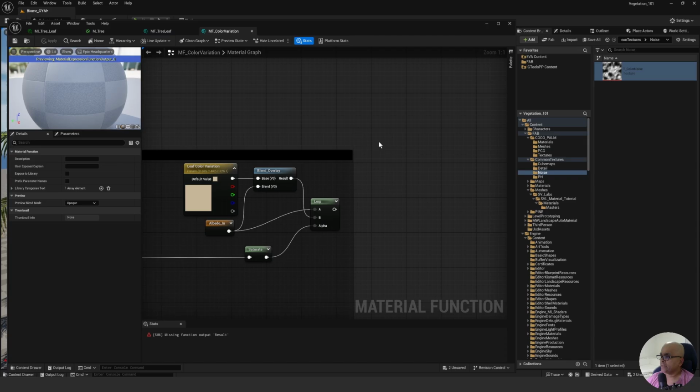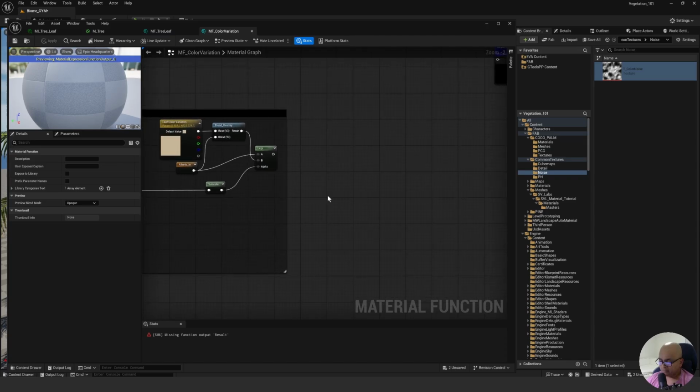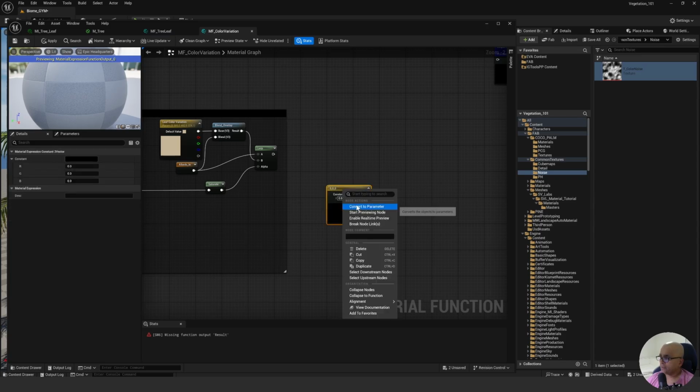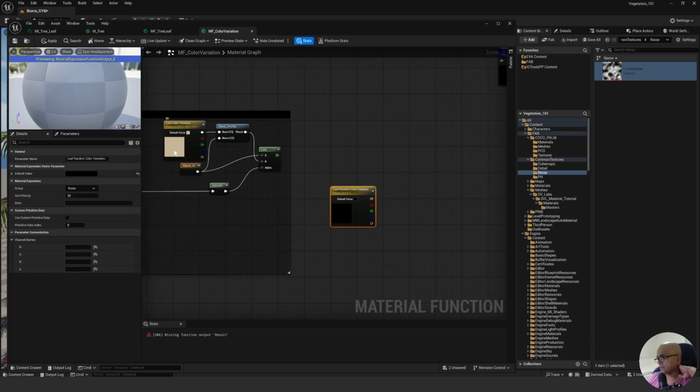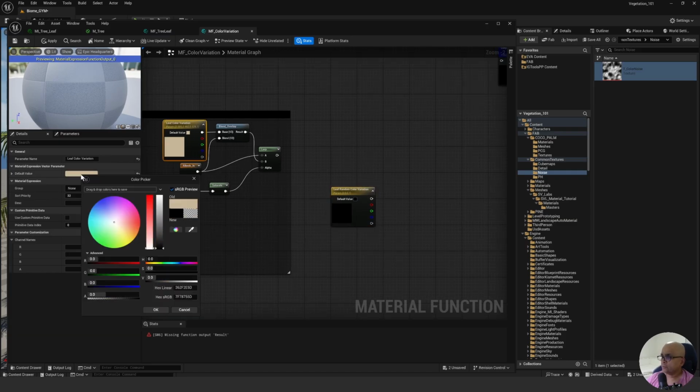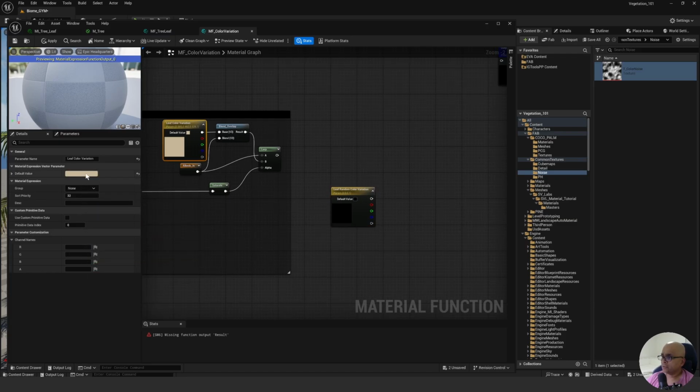For that we need to use another constant 3 vector. So Constant3Vector, left click and convert to parameter. So this one is leaf random color variation. We can use the same color as this. So I'm going to copy this color, paste it here,